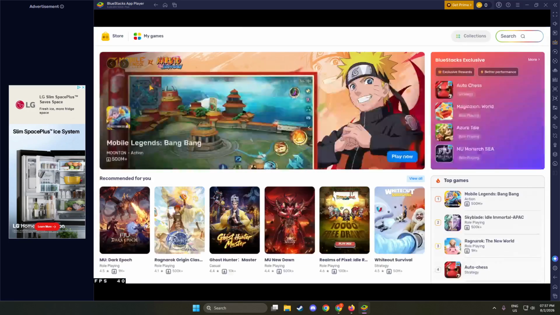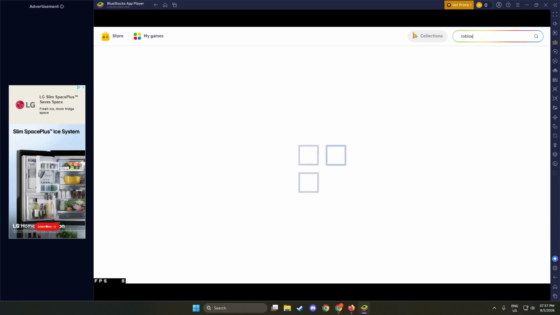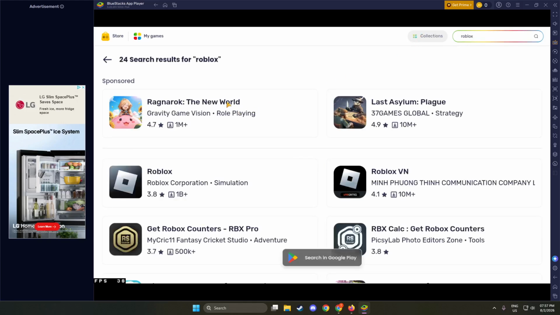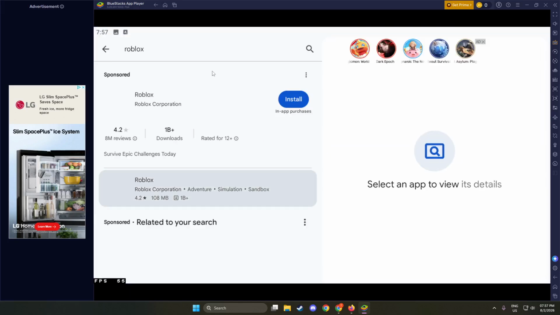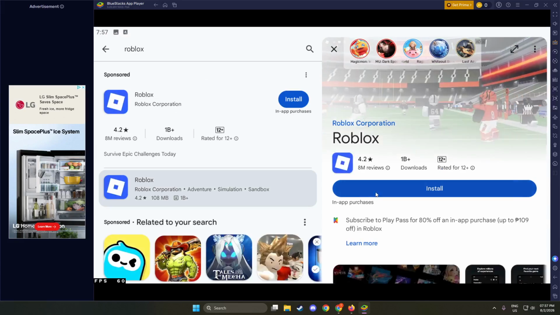Next, sign in with your Google account. A sign-in window appears, asking for an email address or phone. Type your Google email, click Next, then type your password and continue. If Google asks to agree to terms, scroll if needed and click Accept. On some accounts, a verification code might be sent to your phone or another device, so follow that prompt if it appears. Once signed in, the Play Store reloads and shows your account picture in the top right corner, which confirms the login worked. From there, search for Roblox.